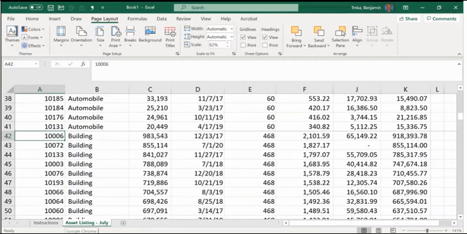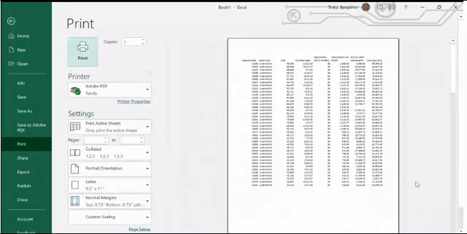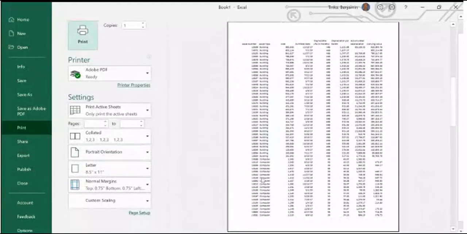I believe we're going to teach them in the future that there's a function, F4, that you can use just to repeat that if you're doing it a lot. And you can see that the line between automobile and building on the screen got a little bit darker, and that's a way to see that you have a page break there. Or you could hit Control P and do a quick preview. Automobile is the first page. If you go down to the second page, you see building, and we'd add another one after computer.